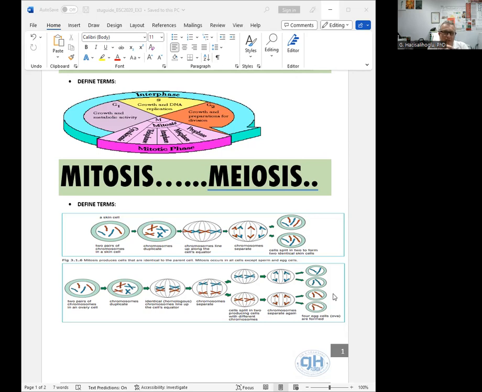And then study the cancer cells, which can be malignant or benign. Benign can be removed and possibly cured, but malignant cells metastasize and take over other very important vital organs. So that completes the review of the cell cycle, mitosis, and meiosis.